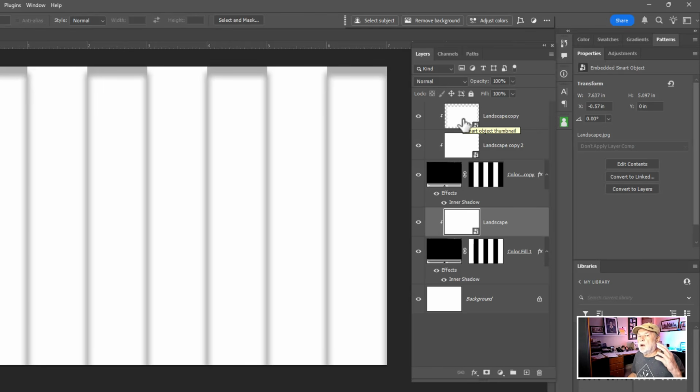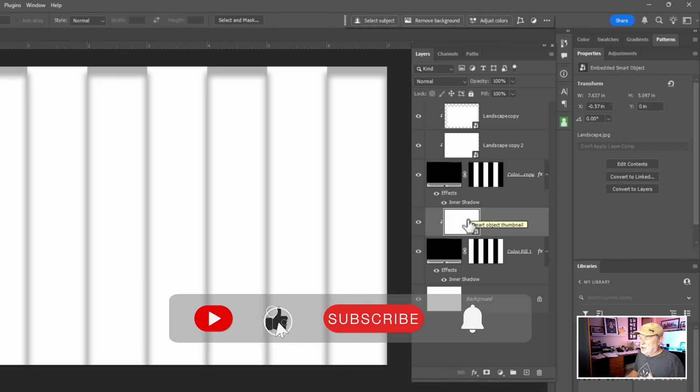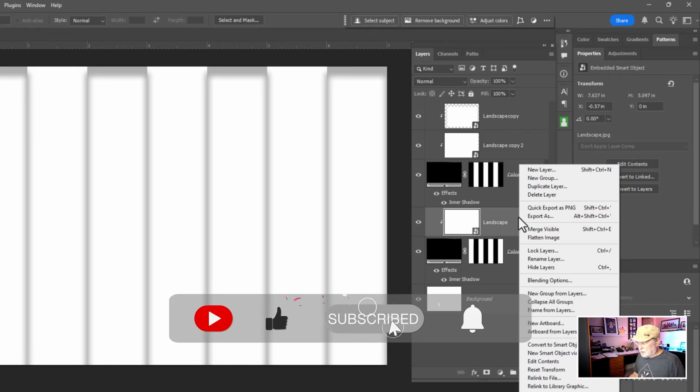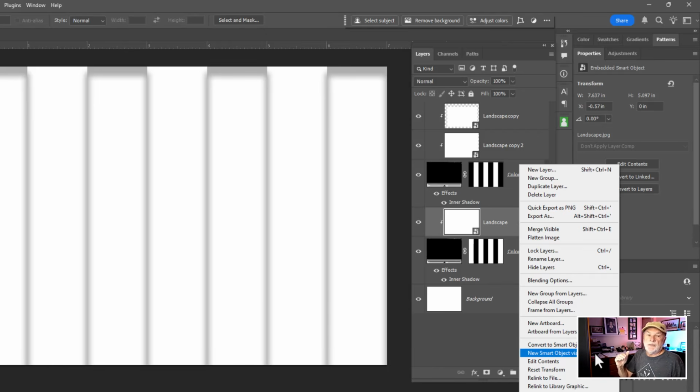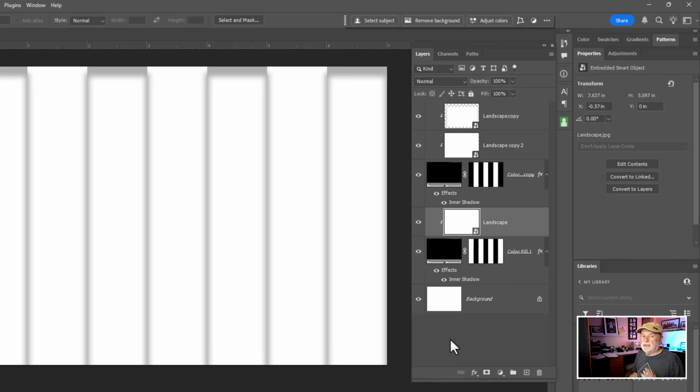Because all those Smart Object layers are connected. And that's what was important about doing Control J or Command J on a Mac to duplicate that. You don't want to go to right mouse click, which some people do, and they think, oh, I just choose New Smart Object via Copy. You only use that if you don't want something to be linked to each other. You want it to be independent of the other Smart Object layers. I want these to be linked together, so that's why we just do the shortcut Control J or Command J